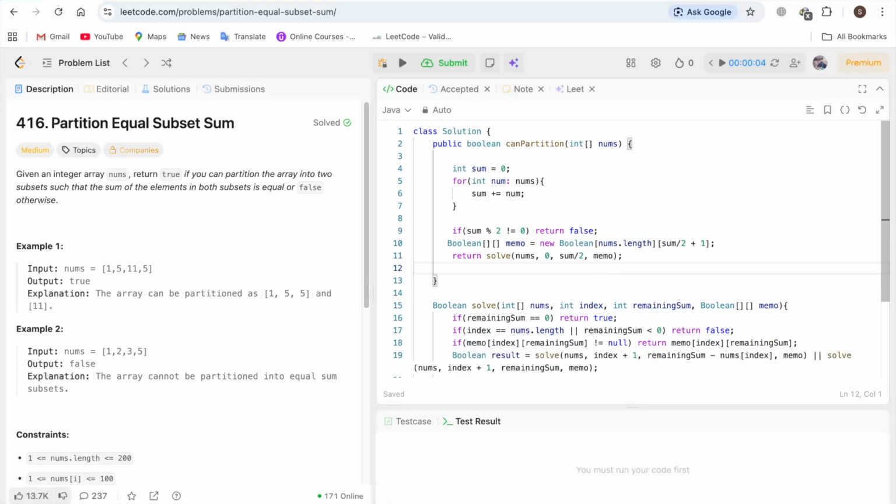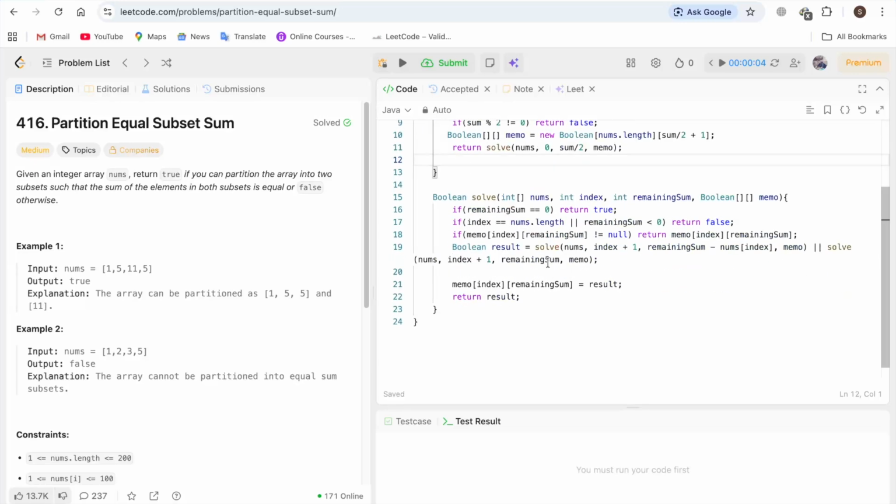Okay, so this is our solution with the memoization technique, and now